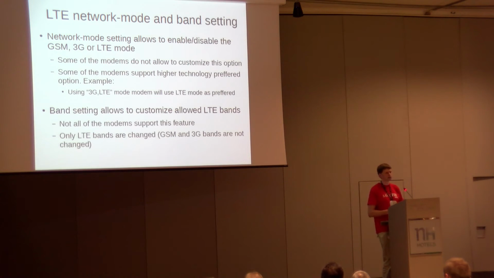is not so great. It's like 100 people are connected to that and downloading all the time. But you know that a little bit further away, there's a band 7 tower. It's not so utilized. So with this setting, you can uncheck band 3 and check band 7. So it automatically connects to that band 7 tower and you'll get a lot faster speed. So you'll get more control over your modem.